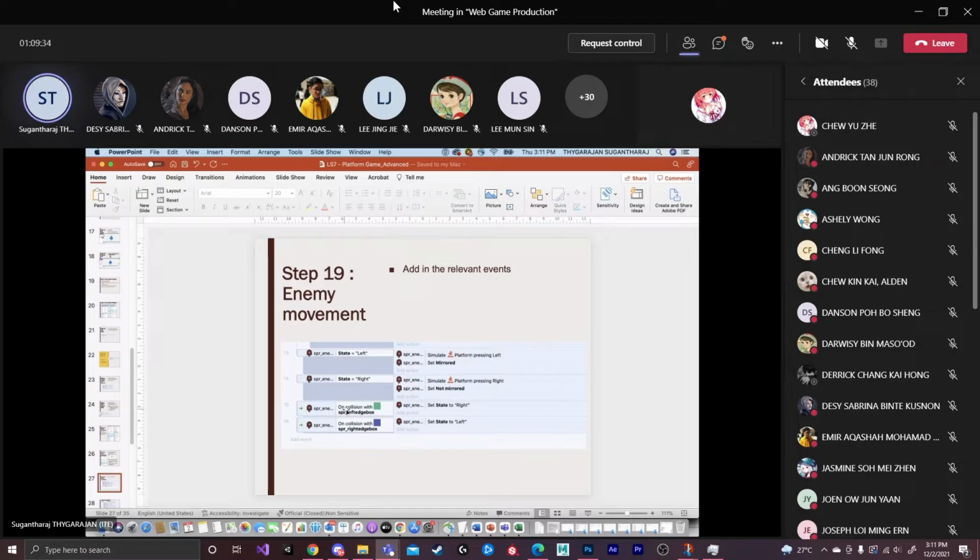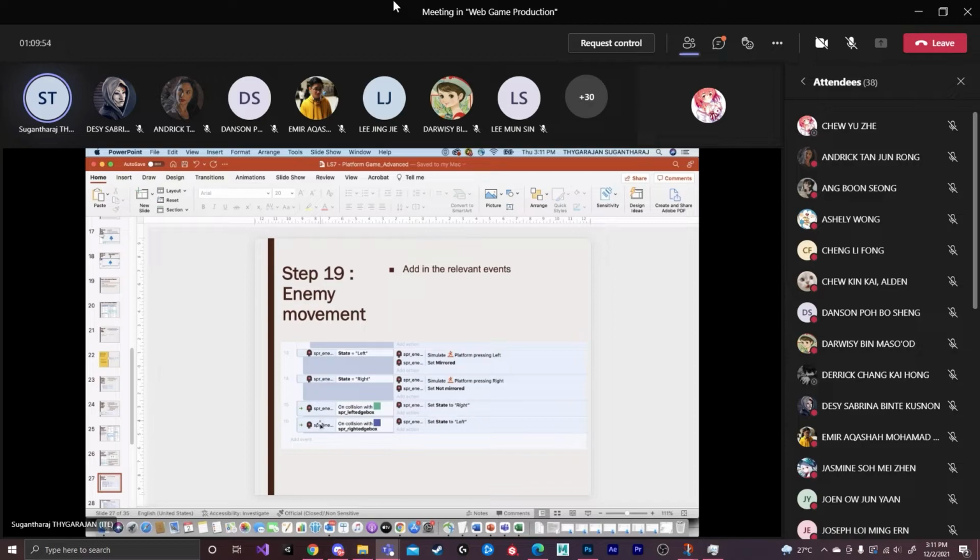So based on the state, the movement will happen for the SPR enemy. When the SPR enemy collides with the left edge box, then you need to change the state to right so that the SPR enemy can move towards the right.